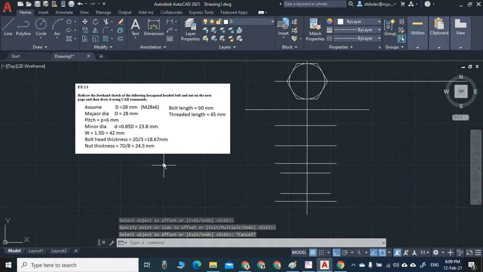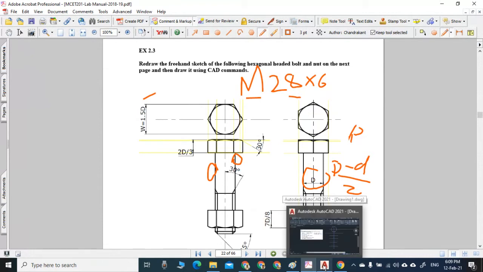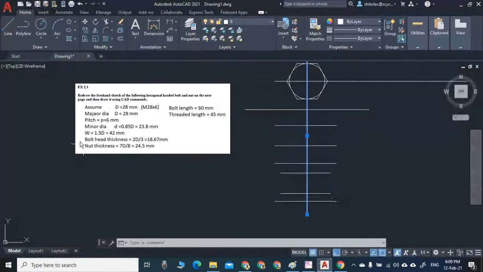Now this line, I'm going to draw this part, this line and this line. Okay, that is a bolt part. So now I'll offset the center line half of the dia D. So capital D is 28, means I will offset this to 14 here, 14 here,